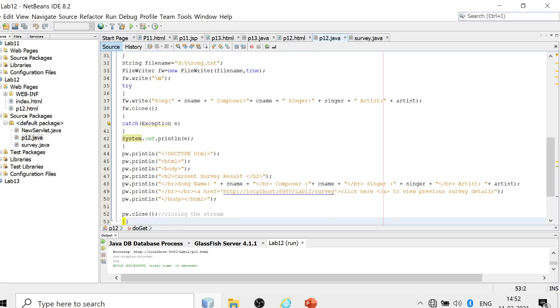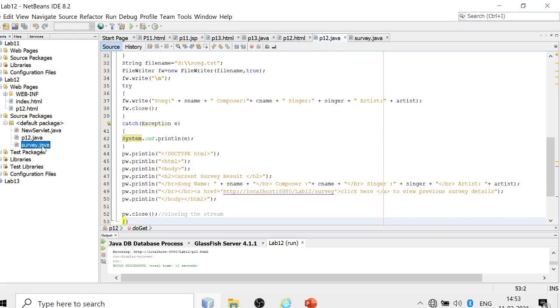Here we have a link called "click here to view the previous details", for which you have to change the path to point to the survey named servlet, which actually reads the details of the previous song collection form and displays them to the user. So this is the file for handling the current song details.